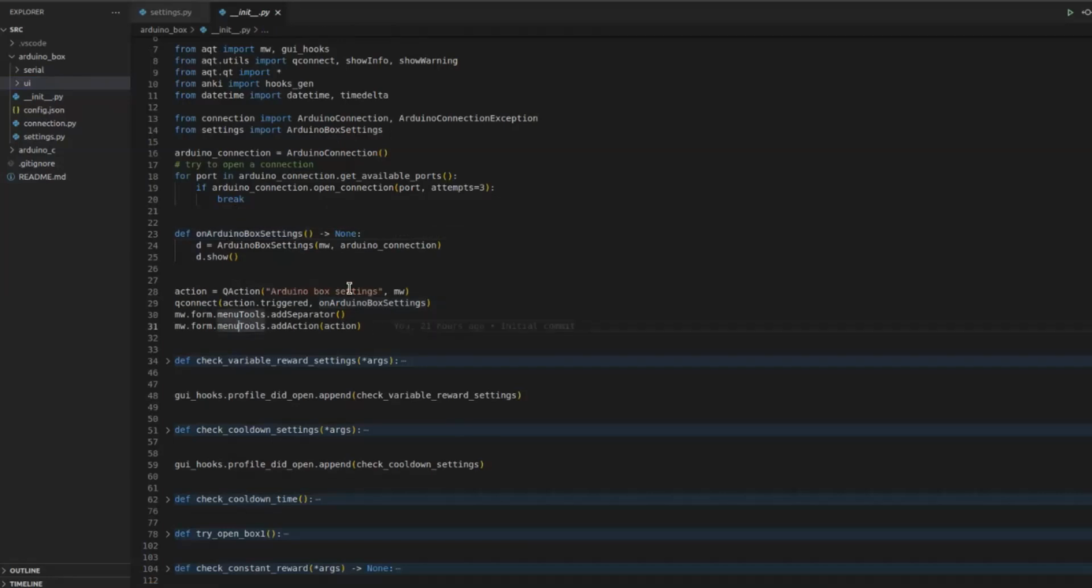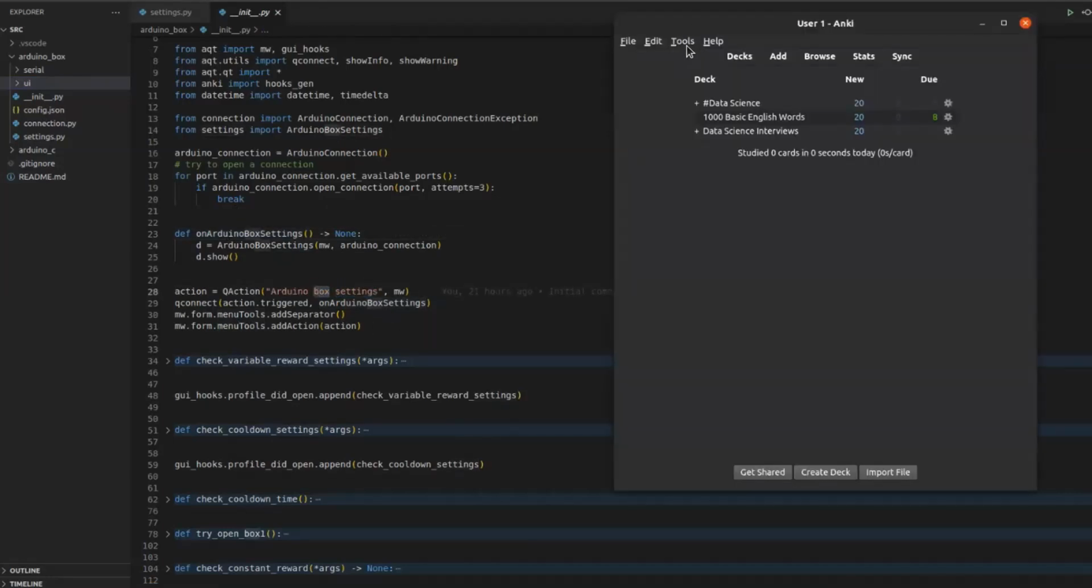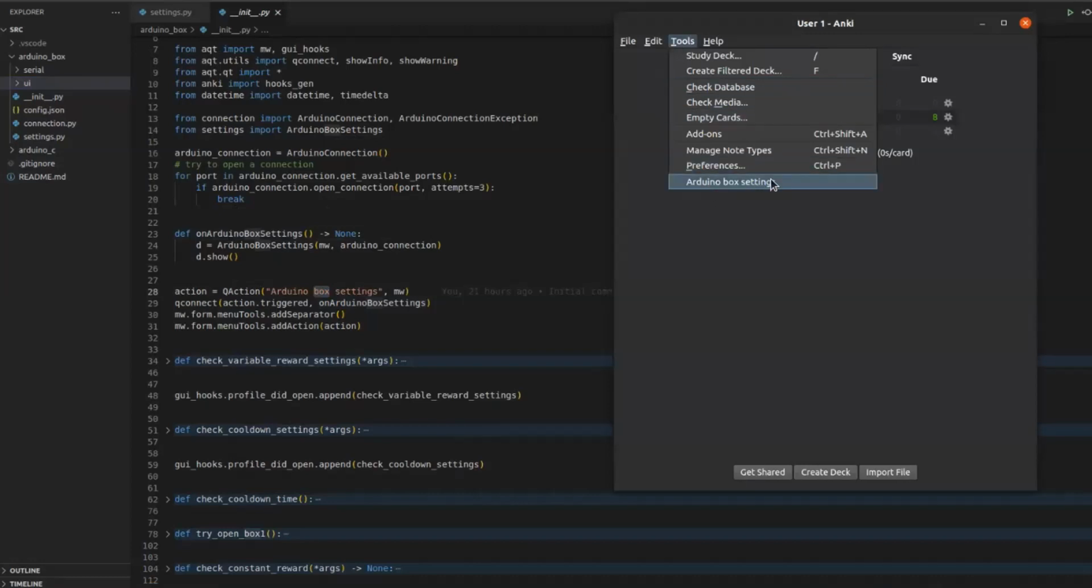Okay, so here I am adding the menu button. Yep, the Arduino box settings. This is the button I added here. And what I am saying is whenever you click this button, you should open the Arduino box settings dialog. That's this guy here. Yeah. So yes,